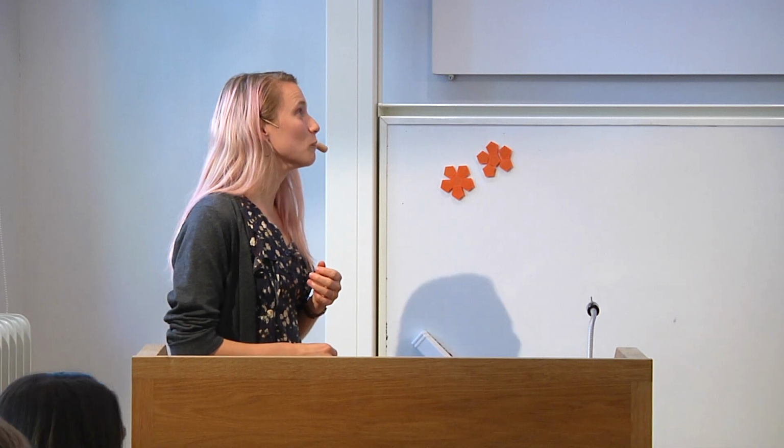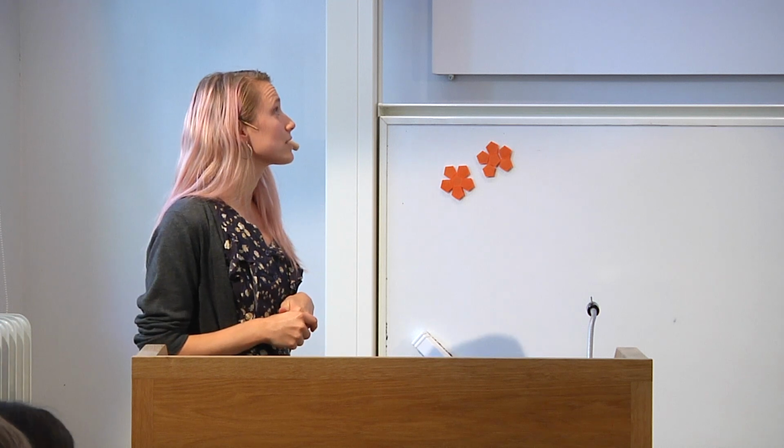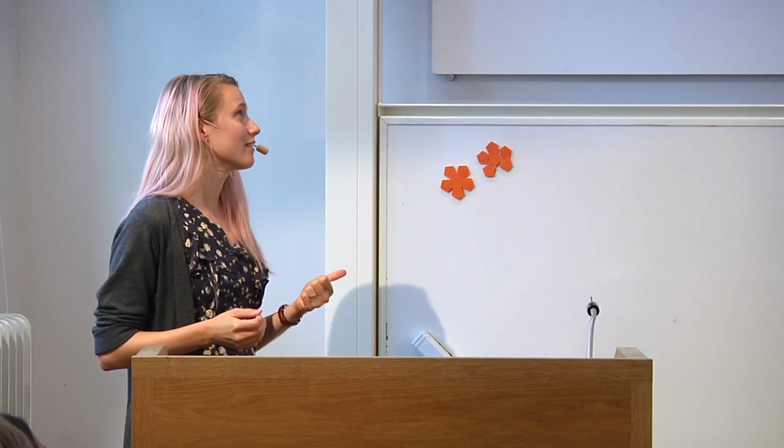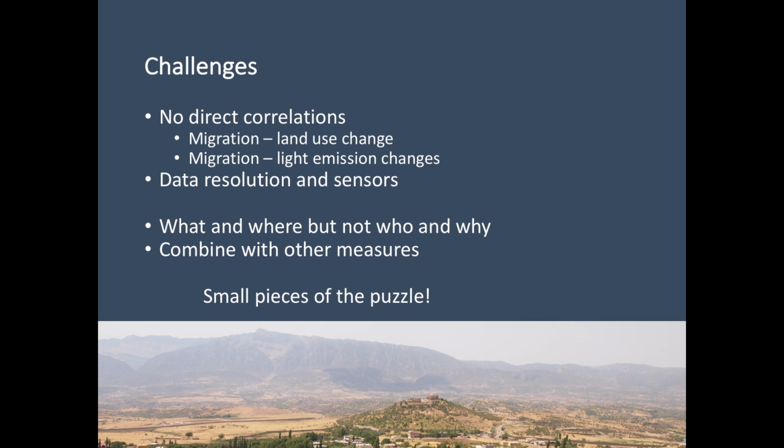So I just want to be clear about the fact that these approaches are not free from problems. There are many challenges in using satellite images to study more socioeconomic things. Some of them are that there are no direct correlations between migration and land use. Land use change can come without migration, definitely, and light emission changes can also come without migration. So it's not a strong link, but it is an indicator that we can maybe use if we know the